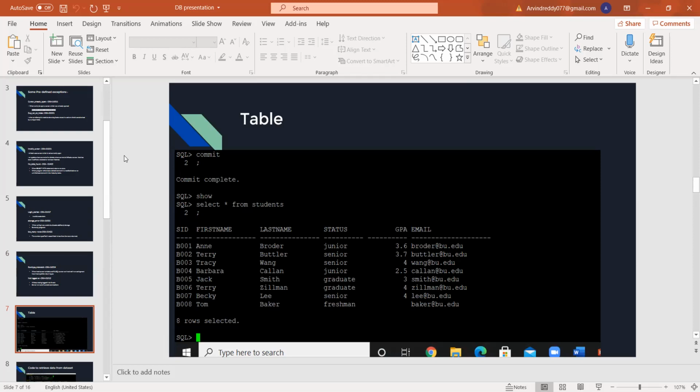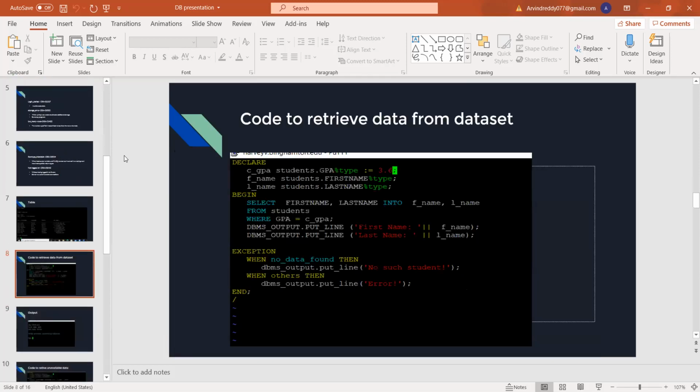The columns are student ID number, first name, last name, status, which means the current education status, their GPA, and their valid email address. In the columns, we denoted the respective names, status, GPA, and email. So we use this table for our further predefined exception queries.